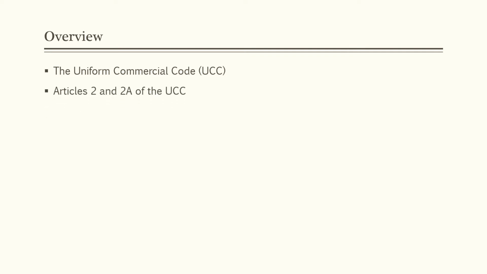Chapter 15 introduces the UCC, Articles 2 and 2A, which govern sales and lease contracts. We will focus on the UCC and its scope, including an introduction to sales and lease contracts and how they are formed and executed. In this lesson, we're going to discuss the Uniform Commercial Code, Articles 2 and 2A of the UCC,